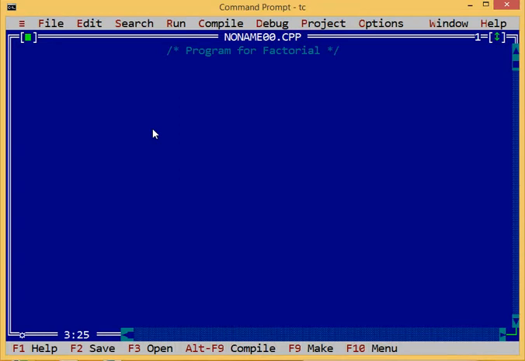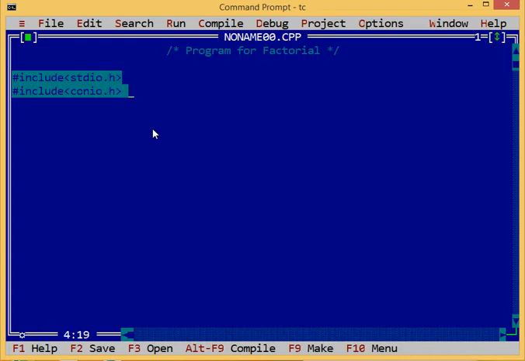First of all, we will include some header files that are required for printf and scanf functions and other input and output functions. Another one I will use is conio.h, which is used for clear screen and getch functions.